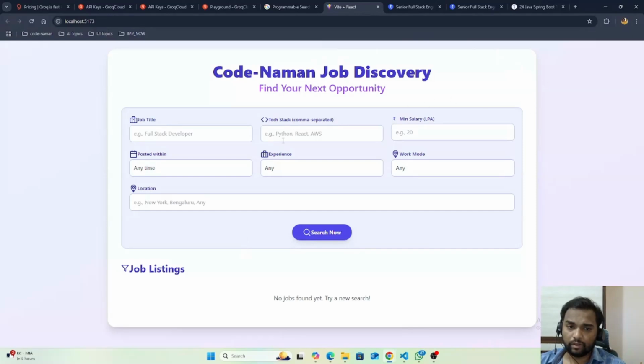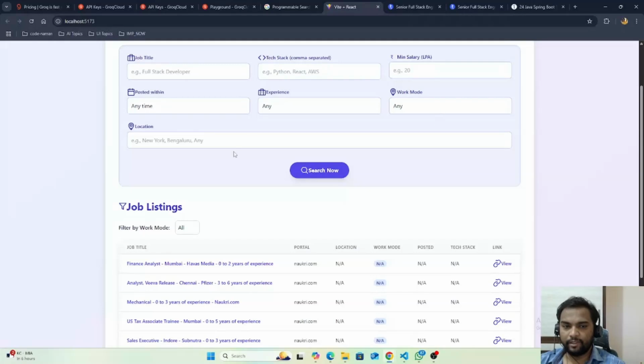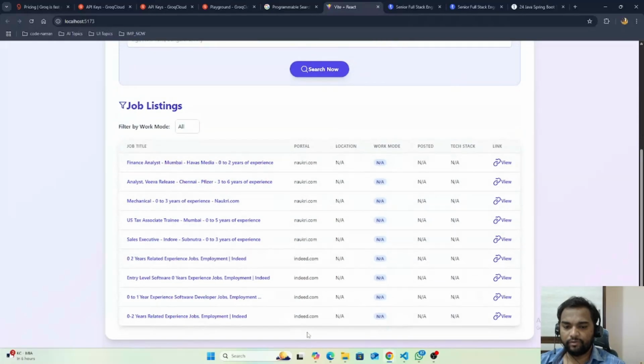Now you can see, if I click here on search, you can see what my algorithm did. Because currently I'm not looking for any parameter here, it randomly picked up a few jobs from Naukri.com and Indeed.com. And why is it picking from Naukri.com and Indeed.com? Because our algorithm is configured in such a way. Not that it's configured with Naukri.com and Indeed.com only, but that is the reason it's grabbing from these platforms.